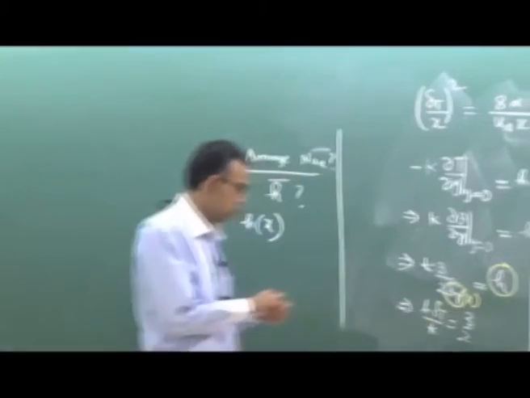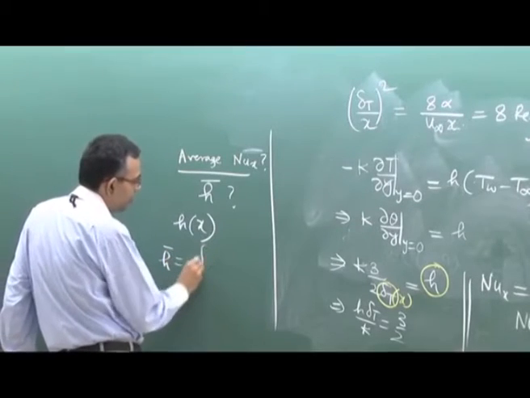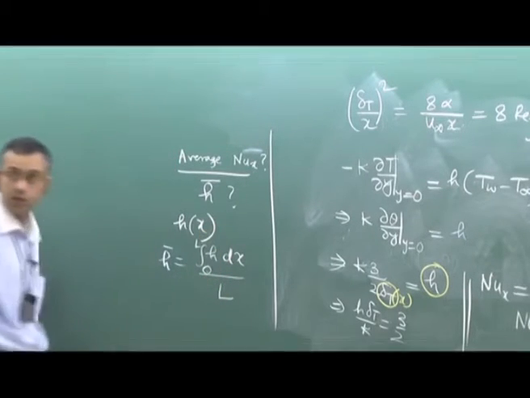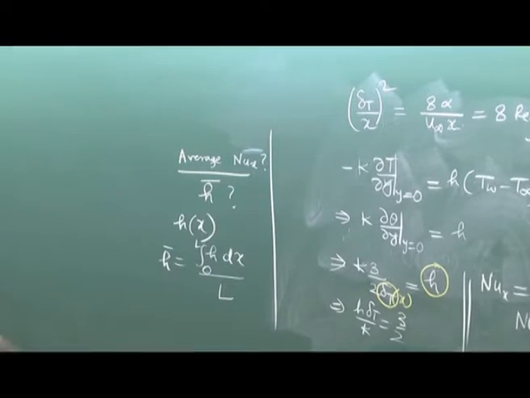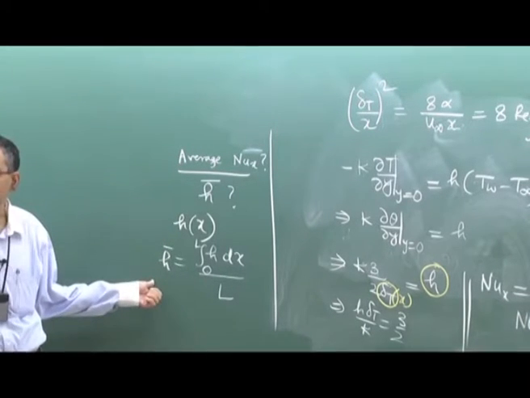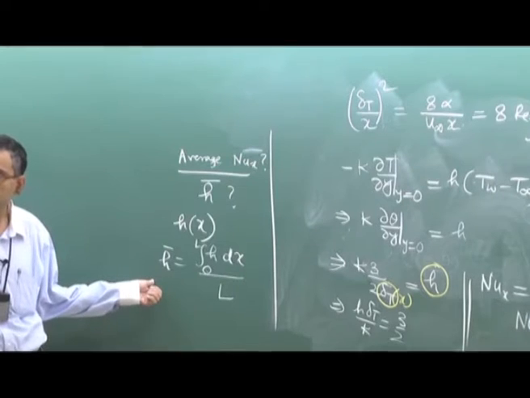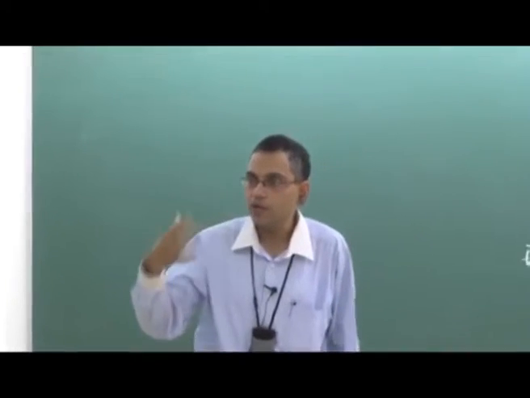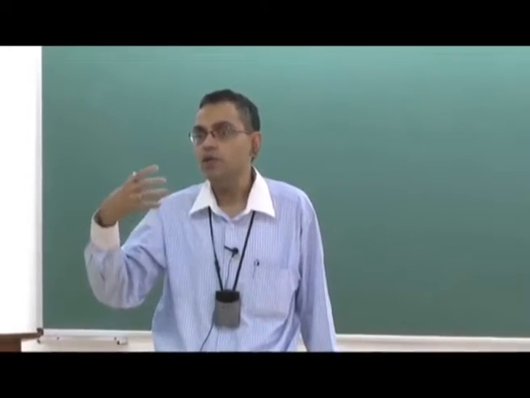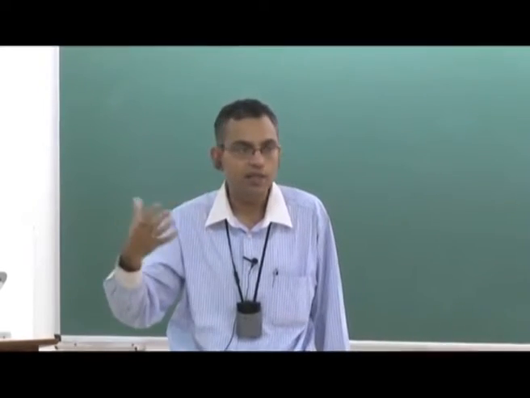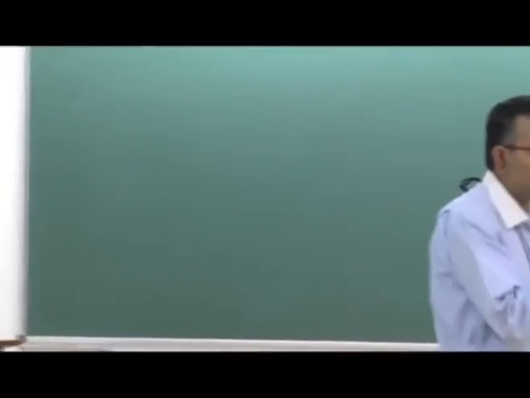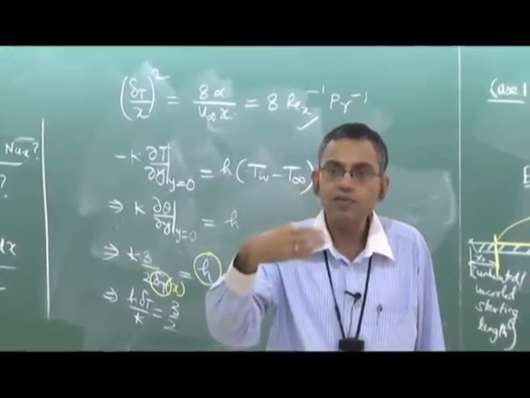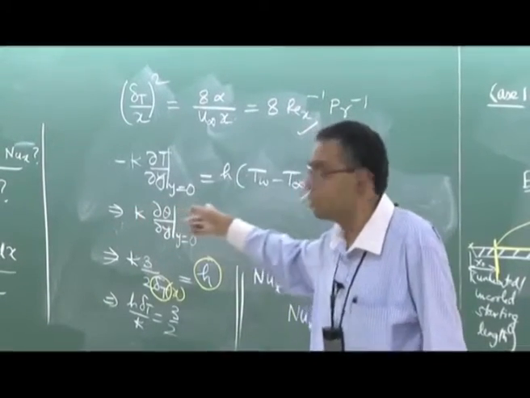right. So you can write h as a function of x by substituting delta t as a function of x here. So h average is equal to integral of h dx from x equal to 0 to L divided by the total length, and Nusselt number average is based on this h average, okay. So many times this is a calculation that engineers need to predict what is the average heat transfer from the wall to the fluid or fluid to the wall depending on what is heated and what is cooled. So h as a function of x gives you the local variation, but you may also be satisfied with the average trend, and for that you have to do that integration.